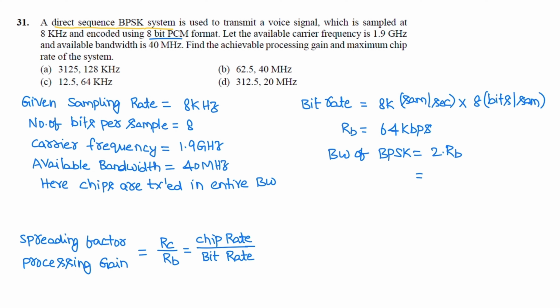For a direct sequence spread spectrum system using BPSK modulation, it will become 2 times the chip rate RC, that is 40 MHz. So from this, chip rate RC is 20 mega chips